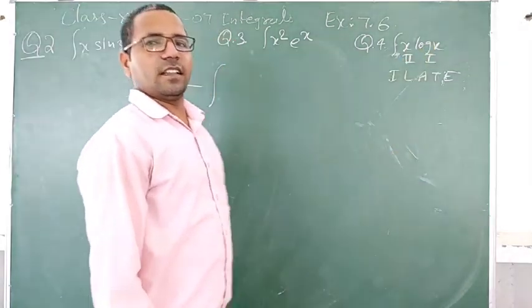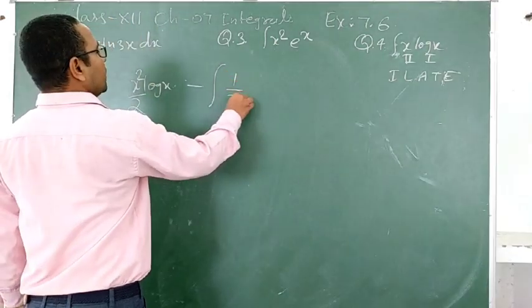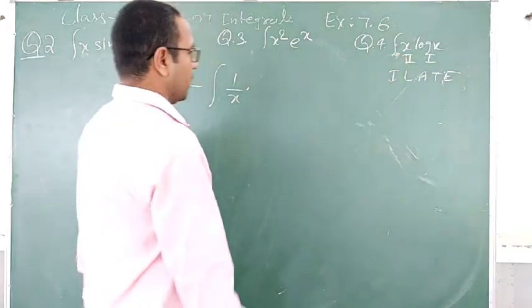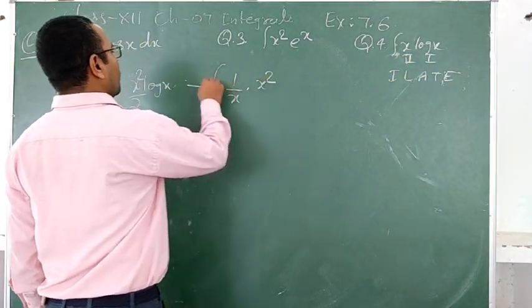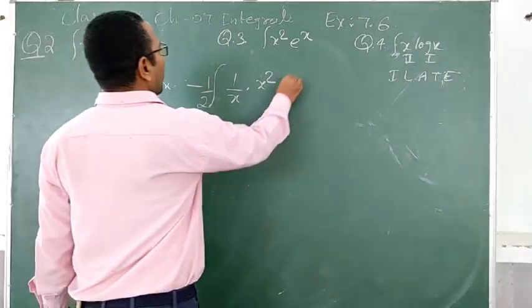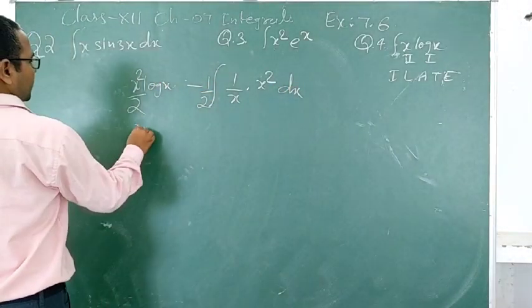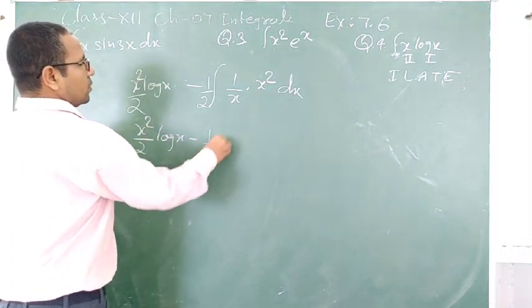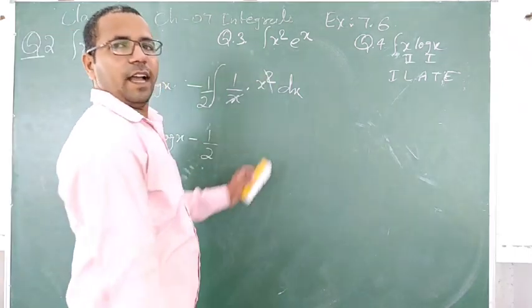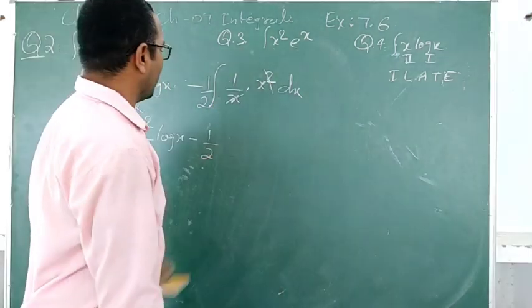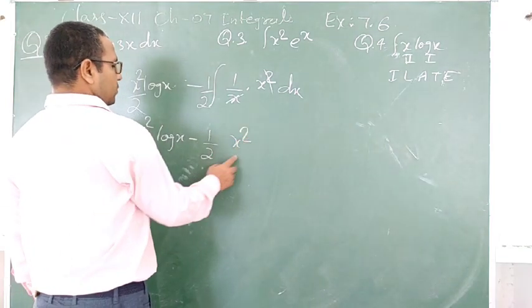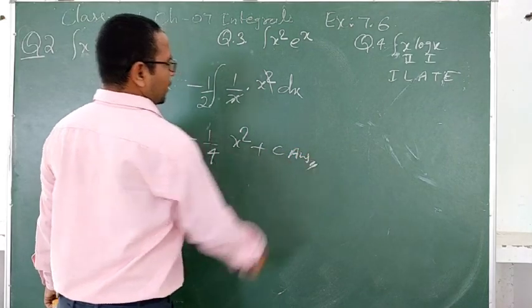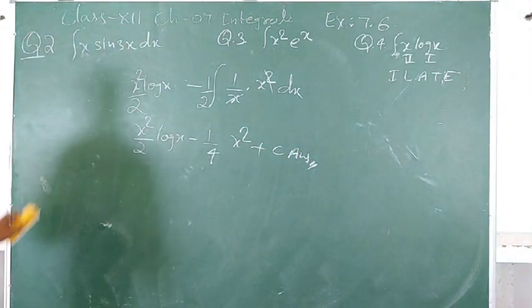minus the integral of the differentiation of the first function, log x differentiation, you will get 1 by x, and the integral of the second function x, you will get x square by 2. So x square upon 2, keep the 2 outside, and dx. So now x square by 2 log x minus 1 by 2. So students, this and this can be cancelled, only x will remain here. Again integrate this one, how much will you get? x square by 2, it will become 4. And with plus c, this one is the answer. Clear, students?